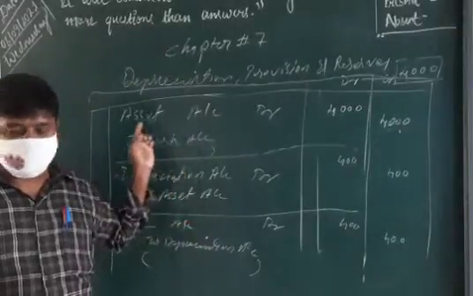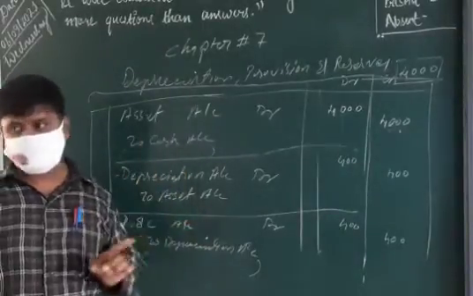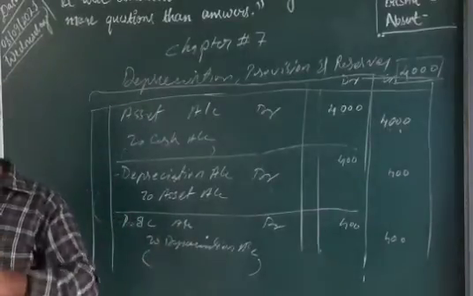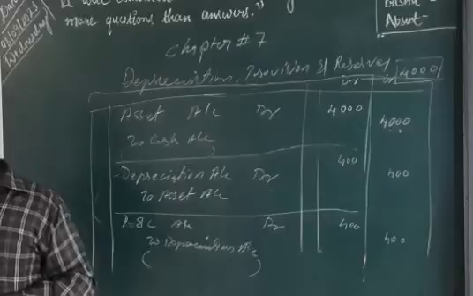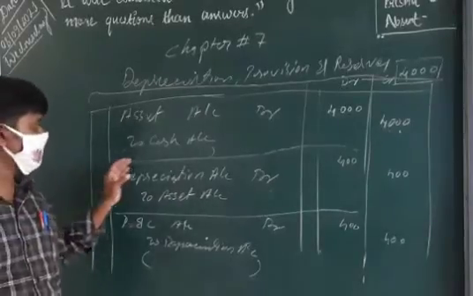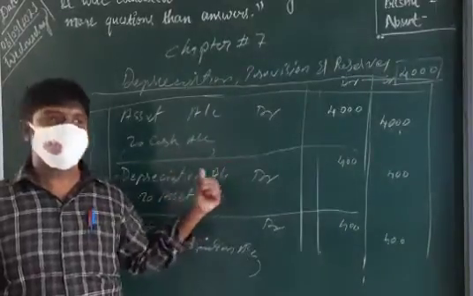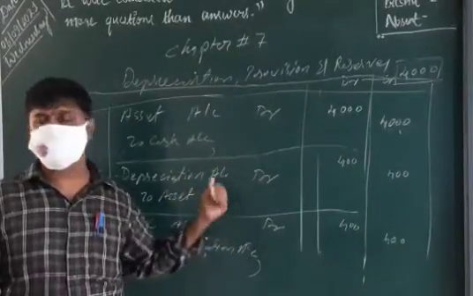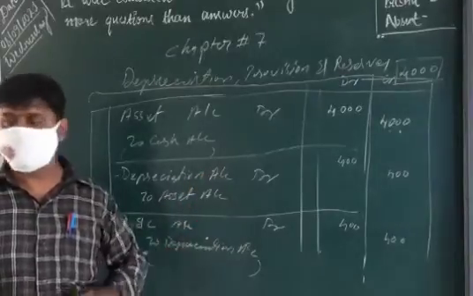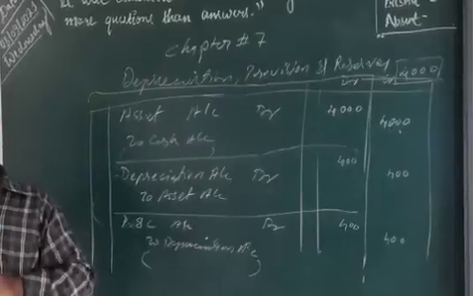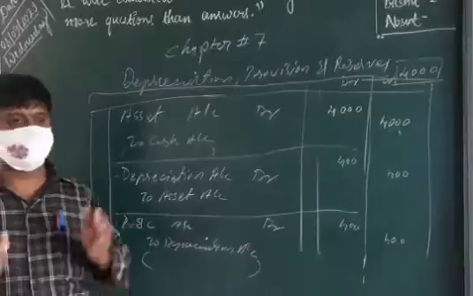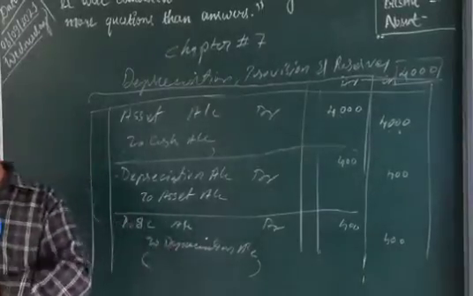Next is charging the depreciation at the end of the year. When we are making the profit and loss account and balance sheet, only at that time do we make the depreciation. There is no need to make it every month. When we are going to make the profit and loss account and balance sheet, normally we make it yearly, or some big businesses do this half yearly or so.